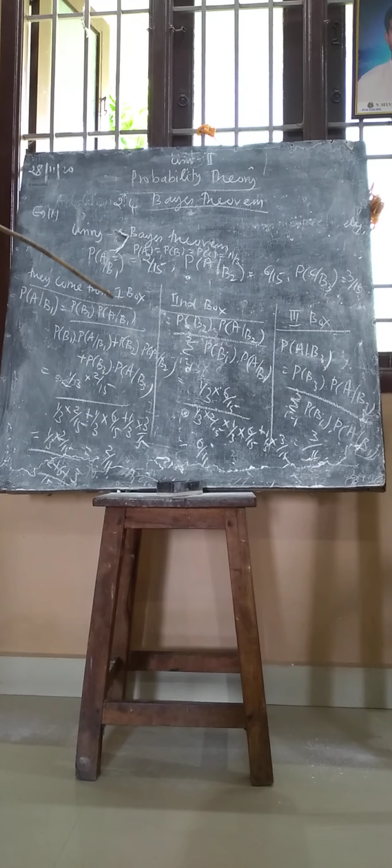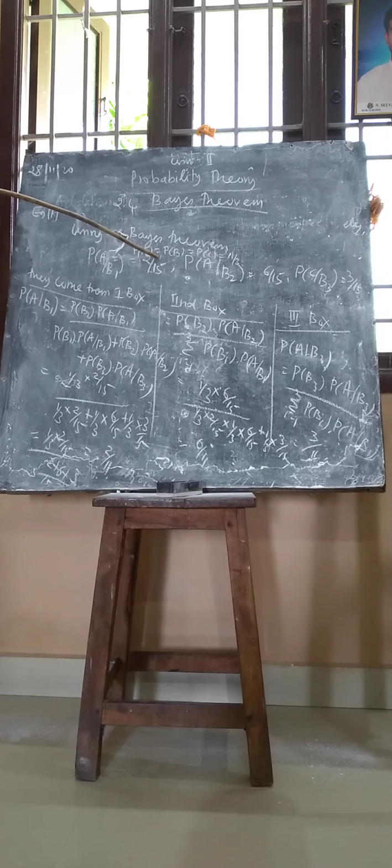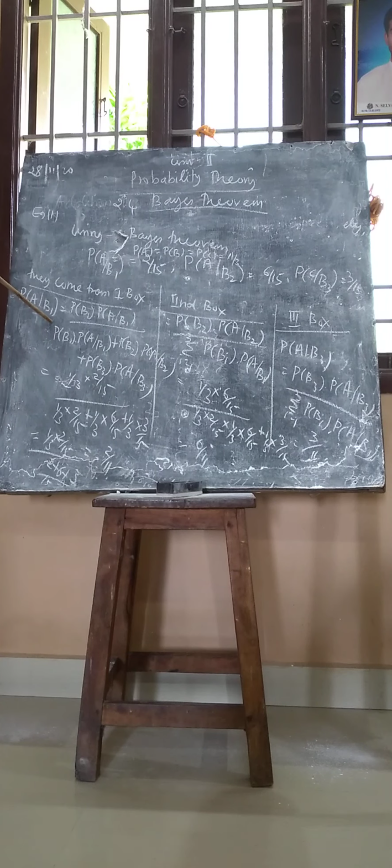We obtain the result: the probability of drawing the balls from the first box, second box and third box is equal probability. Then from the first box we obtain the conditional probability of drawing the ball, 2 by 15, from which we are obtaining the probability that it came from the first box using the Bayes theorem. So B1 is the first box.